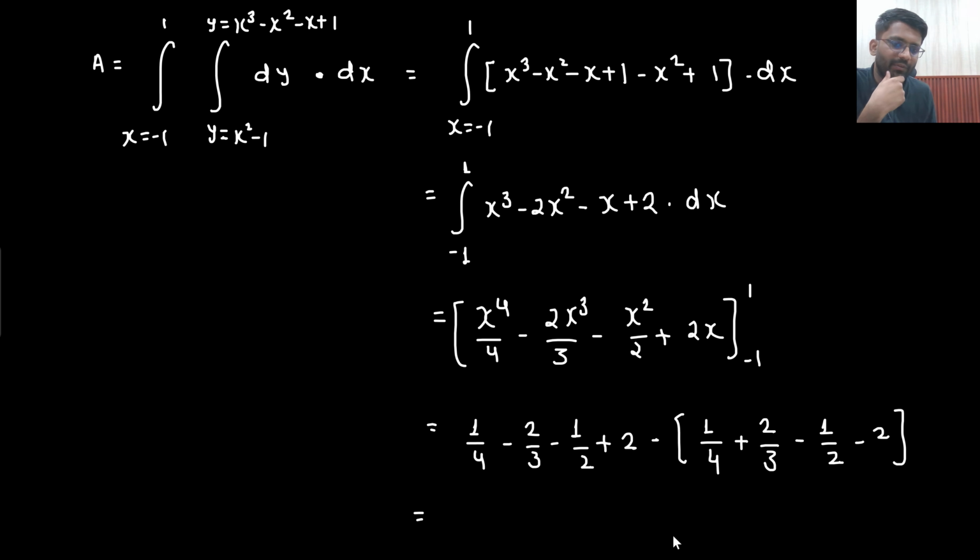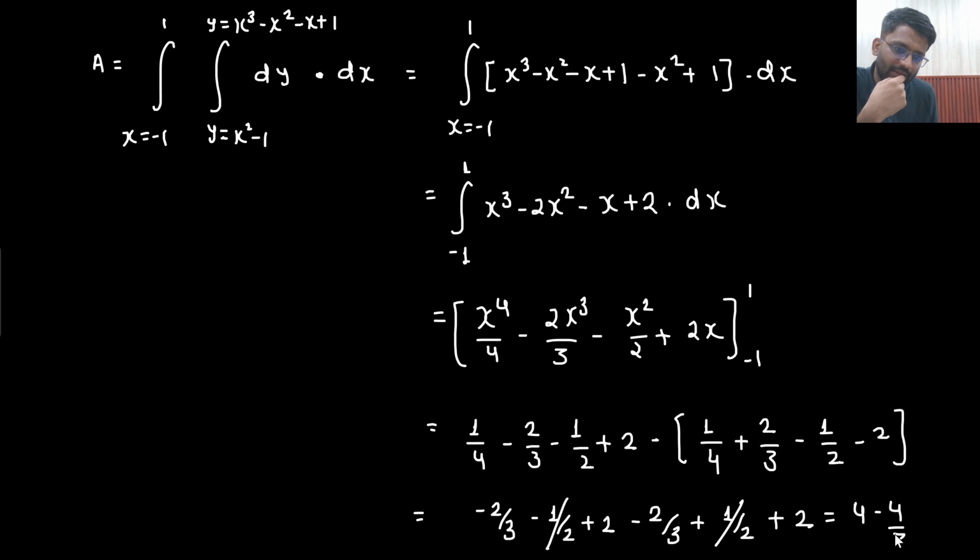1 by 4 minus 1 by 4 will be gone, minus 2 by 3 minus 1 by 2 plus 2, minus 2 by 3 plus 1 by 2 plus 2. So this and this will get cancelled out. 2 plus 2 is 4, 4 minus 4 by 3, 4 minus 4 by 3,